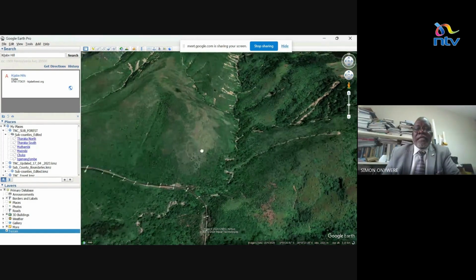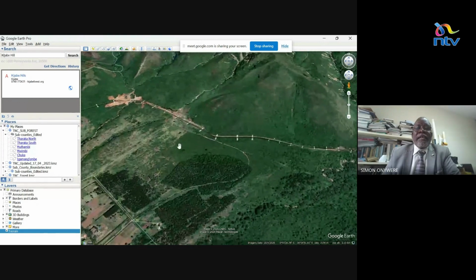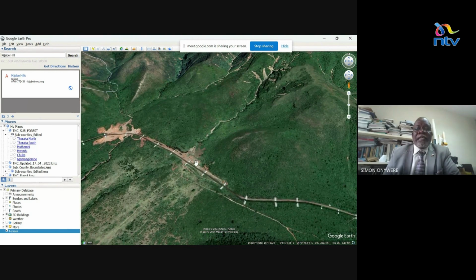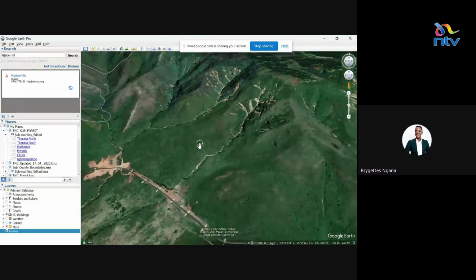Okay. I'm assuming you are in the old railway station, the old railway station here. The railway station is around here, old railway station. Yes. So now, if you look at this image,